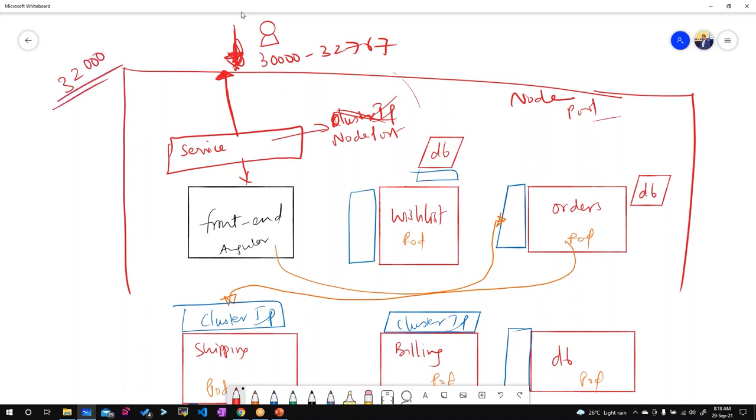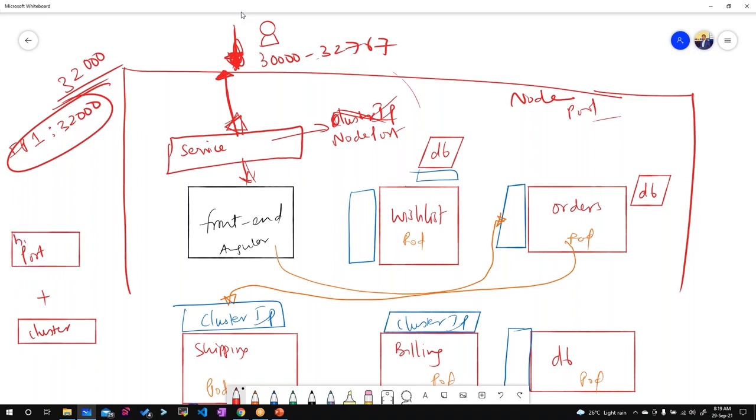So now how will I access this front end? I'll access this front end using the IP address of any node inside the cluster. It can be your master, it can be your slave, followed by the port number. Once a request comes on this port number, immediately it gets forwarded to this internal service. If you talk about node port, it is nothing but a combination of a cluster IP plus a port number on the host. That means any request coming on this port number will be forwarded to the internal service, and then the internal service will forward it to the pod.